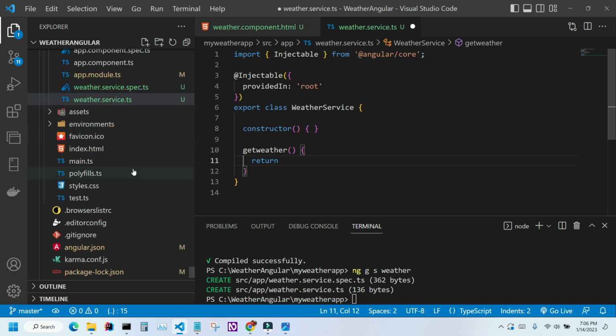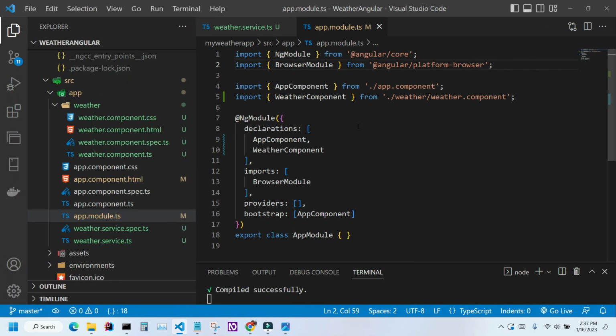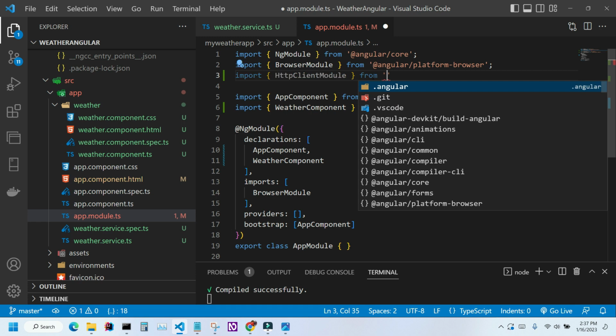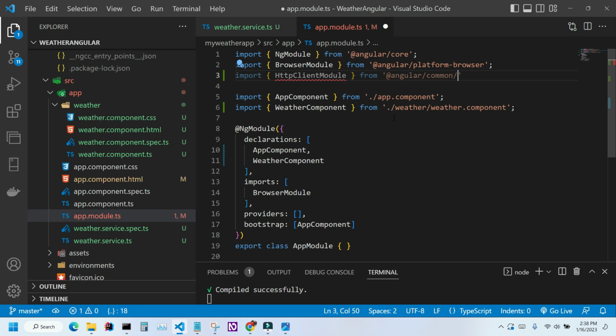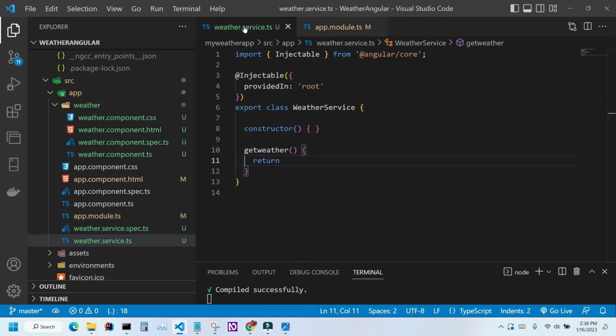To do that, I will have to go to this app module TS file. Let me double click on it. And here I need to import a module. I'm going to type import from Angular common /http. I also need to place this module inside this imports array. Control S to save. And now I can go back to my weather service and use that module to create